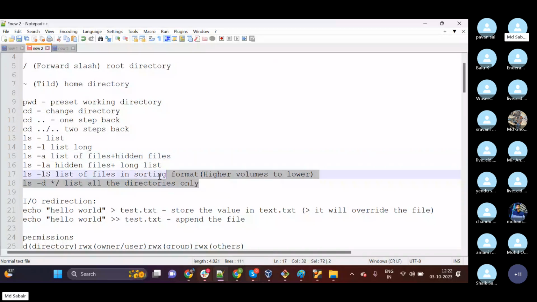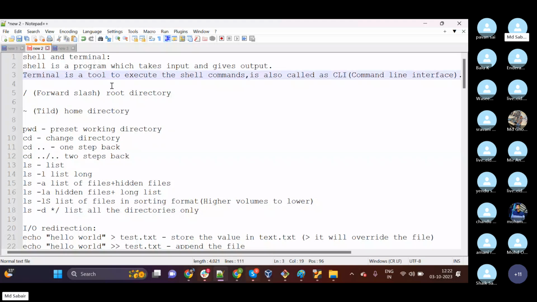Okay, see, these are the different parameters which are available. Guys, this is one document and another document we have shared already, right? So we have given some soft copies. Try to learn from that sheet as well. Both are the same. The only thing is here we have configured some different commands which are not available in that sheet.